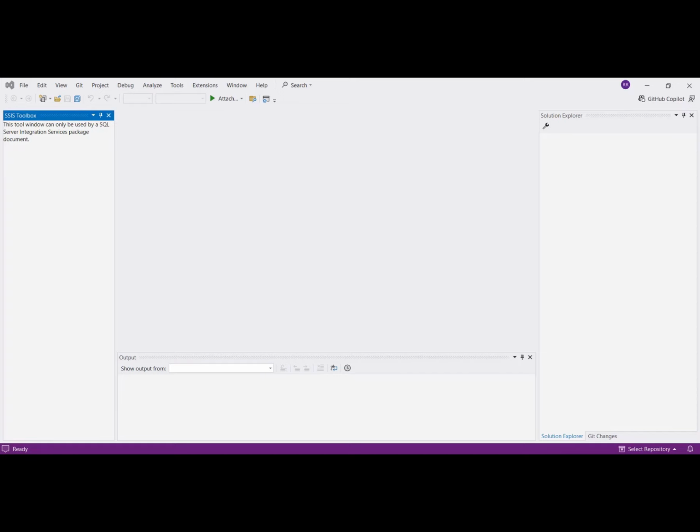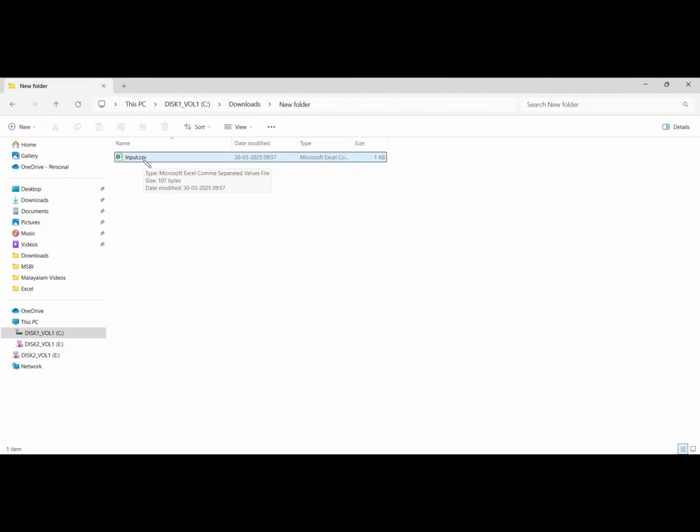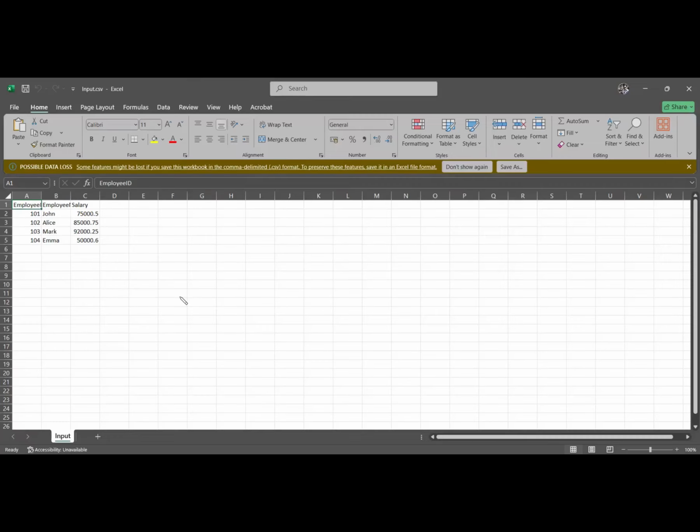So we will go to the employee data CSV file. This is the input CSV and it contains the employee data. We will open it and see. It has employee ID, employee name, and salary. But the problem is, since it is in CSV format, all the columns will have the data type of string. You need to convert that string data type to the respective data types when you load it to